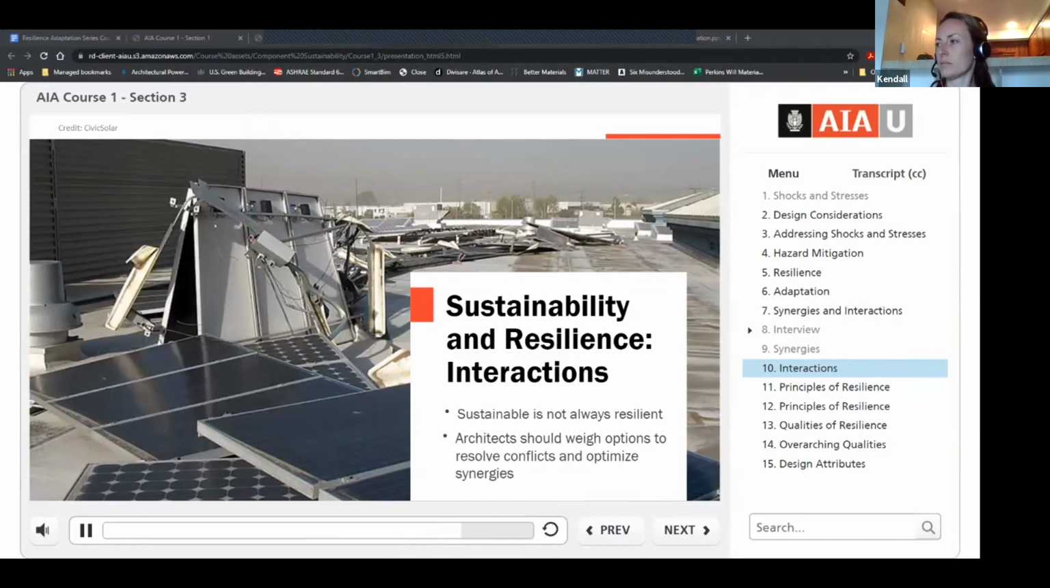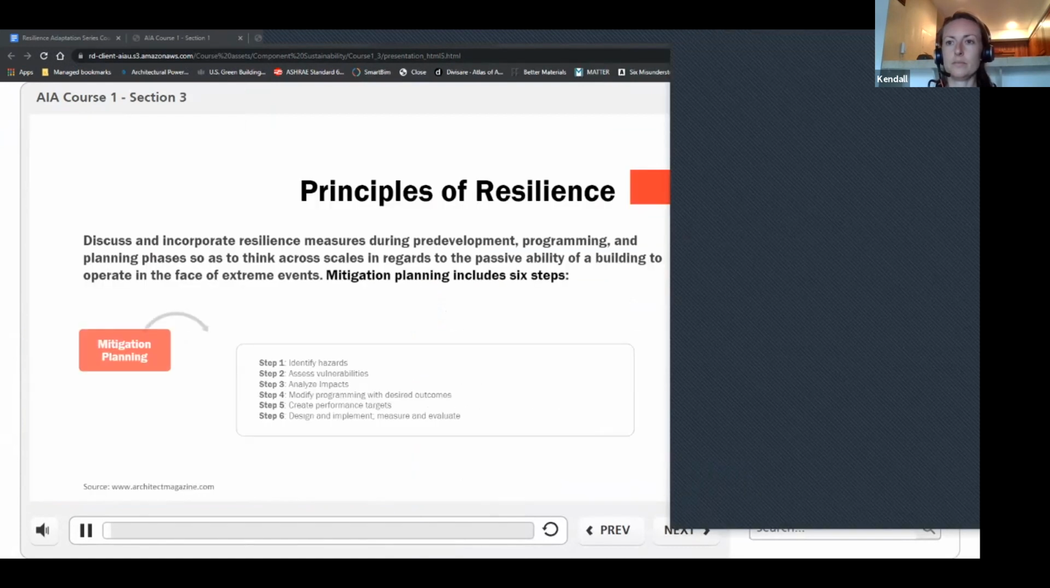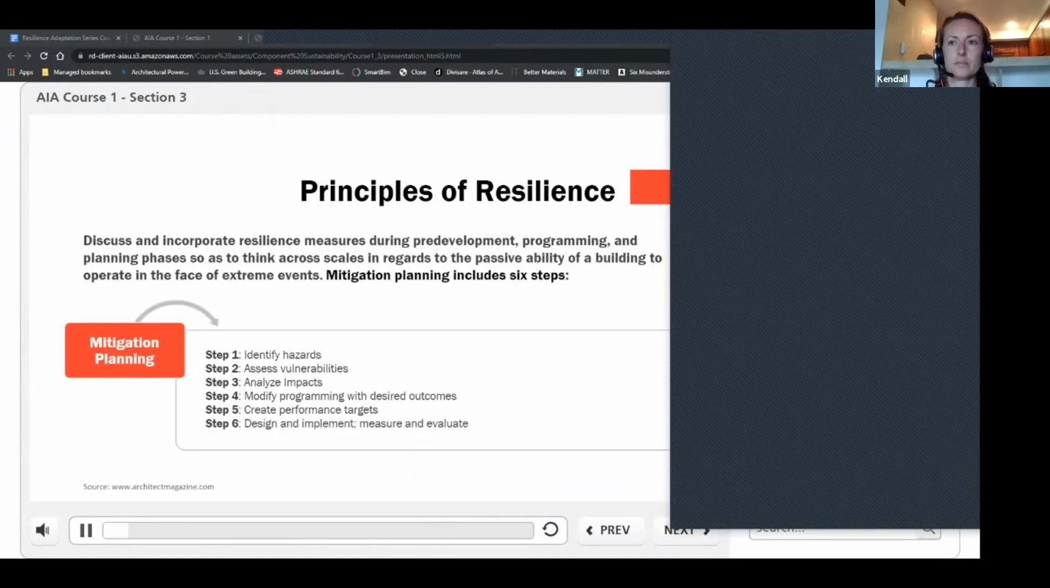Either way, architects will need to weigh the sustainability and resilience benefits of alternate approaches in order to optimize systems, create synergies, and achieve the project's performance goals. As part of the natural evolution,